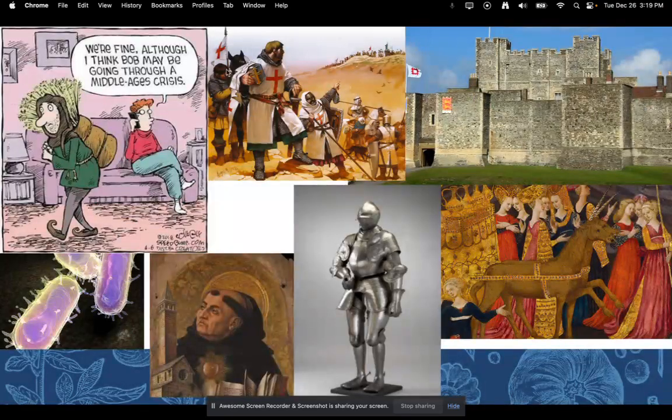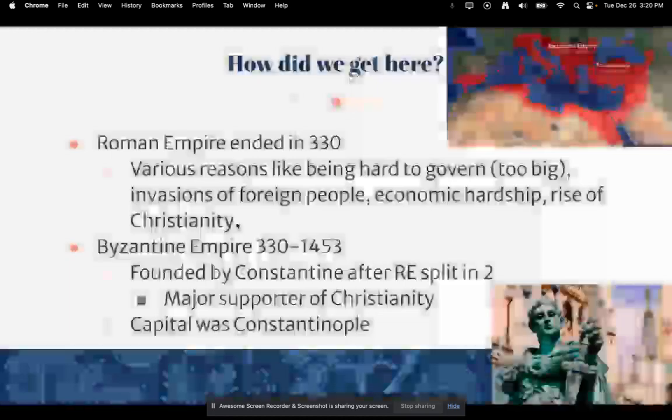All right, so you might think of the Crusades. You might think of peasants, which we'll talk about a lot today. Crusades will come later. You might think of cool castles that you can still visit in Europe today. Maybe you think about suits of armor. You might think of some crazy cool art with ladies with long dresses and interesting hats and unicorns. That's always a fun one. You might think of religion during this time, and you might think about the bubonic plague, also known as the Black Plague or the Black Death, which we'll also learn about in this unit.